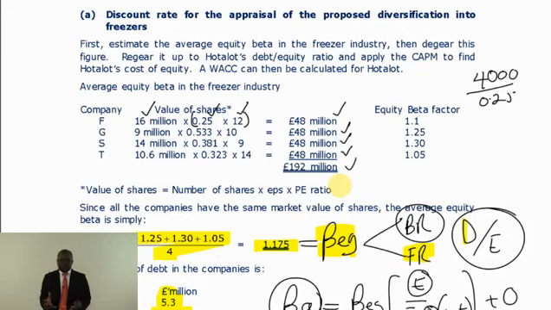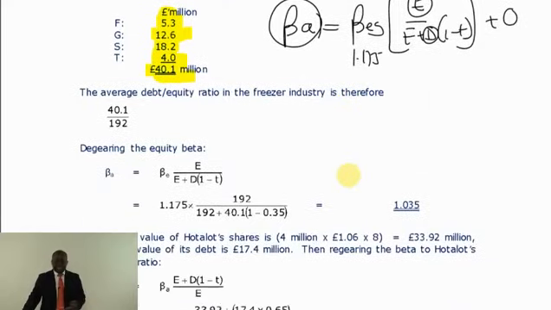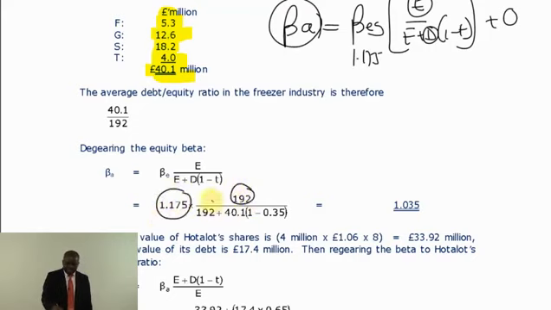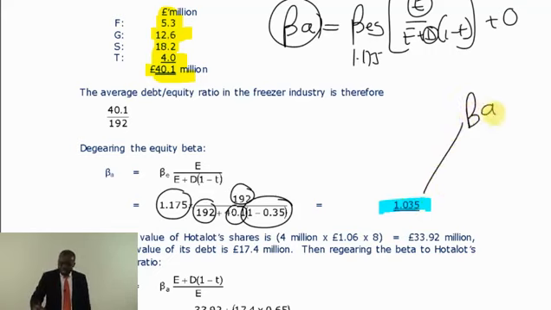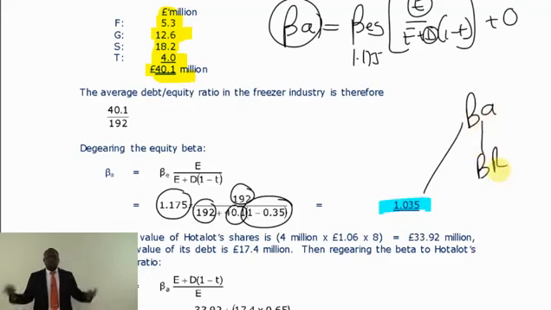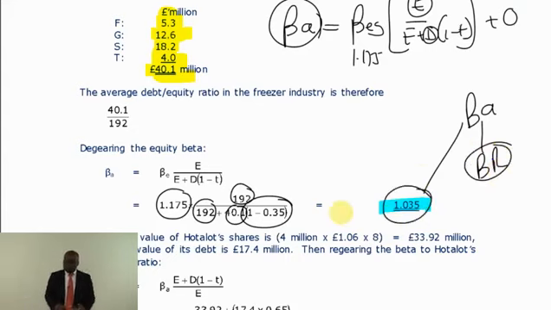Having got the market value for the industry, having got the market value of the debt, can I put it in the asset beta formula? So we got the 1.175 multiplied by the equity plus the debt, and then 1 minus the tax rate, and you will bring yourself to 1.035. This is the asset beta of the industry, and asset beta, as we said, measures only business risk. So it means companies in that industry, all of them face business risk of 1.035.